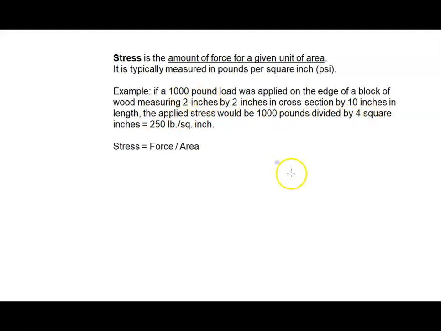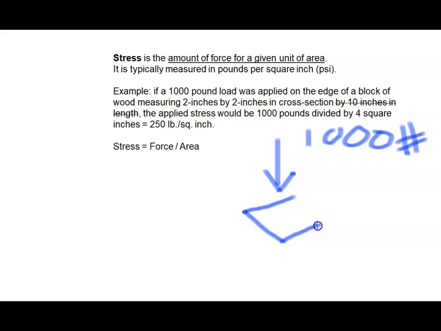Okay, so a 1,000-pound load, not the easiest to draw with a mouse, applied on the edge of a block of wood measuring 2 by 2 inches, 10 inches in length. The applied stress would be the 1,000 pounds divided by the 4 square inches. So this section right here